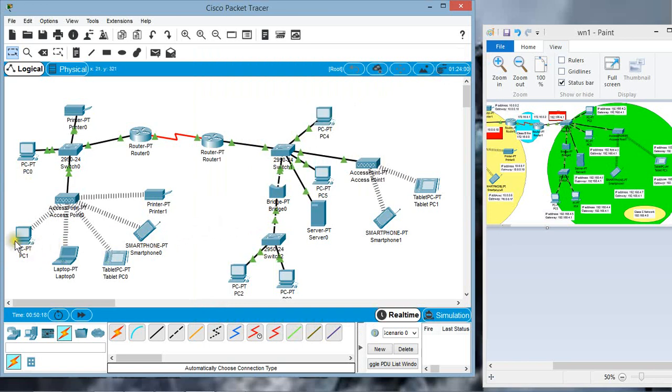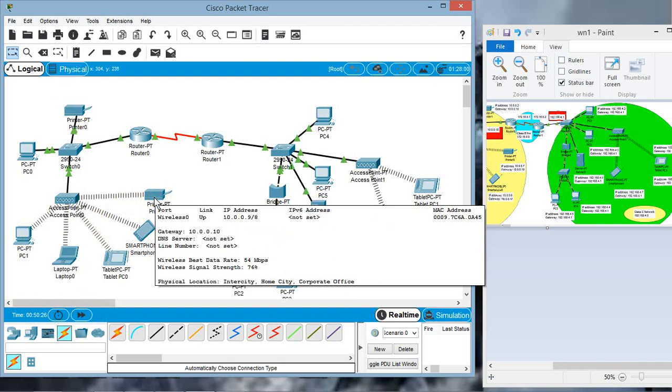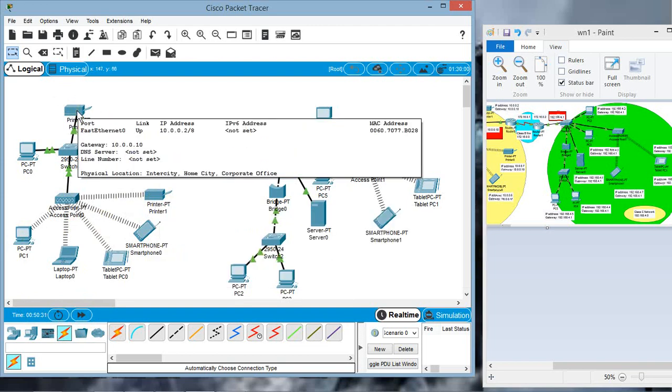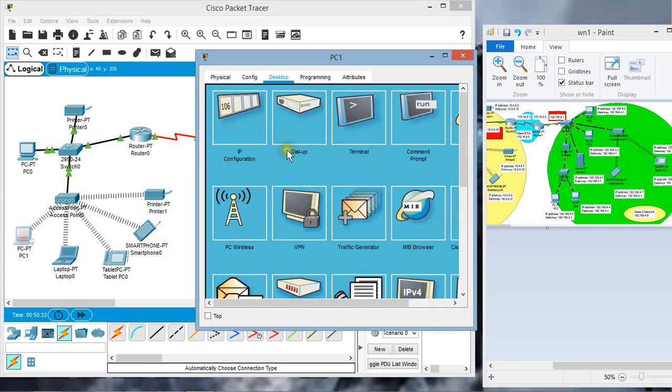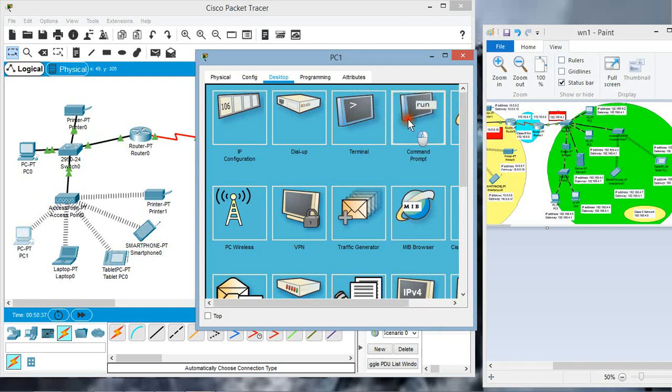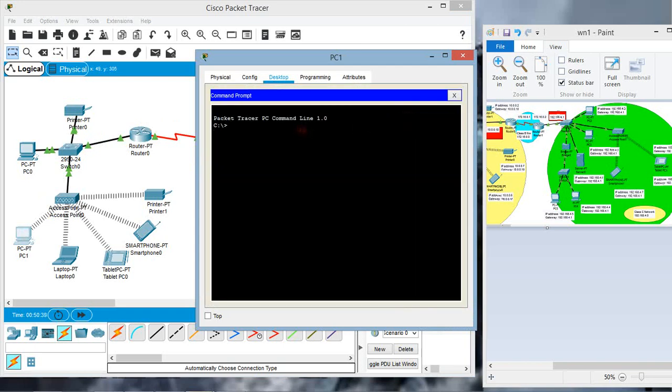Let us check whether this PC can send a print command to both the printers in this LAN. The IP address of this wireless printer is 10.9 and the IP address of the wired printer is 10.2. So from PC1 we will ping 10.9 first for the wireless printer, ping 10.0.0.9.